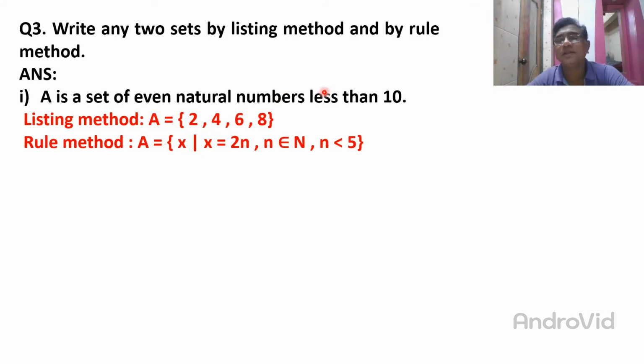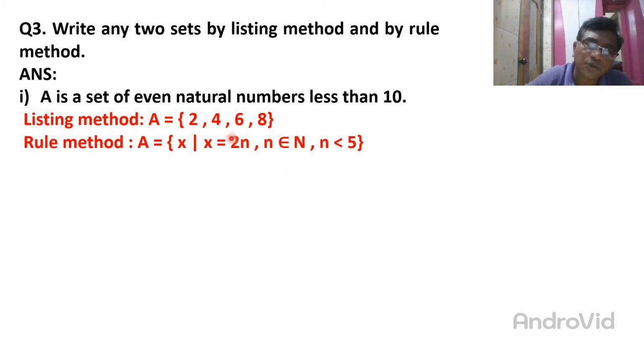Okay, what they said, the number is less than 10. So x is equal to 2n. Okay, 2n. Why is this 2n? n is a natural number, so this starts from 1. So 2 times 1 is 2. Then 2 times 2 is 4. Then n is equal to 3, 2 times 3 is 6. Then n is equal to 4, 2 times 4 is 8. Because they said less than 10. So x is equal to 2n. This x is the element, this 2, 4, 6, 8. So how can we get this? n is less than 5. Here, that n you take as 1, 2, 3, 4 only.